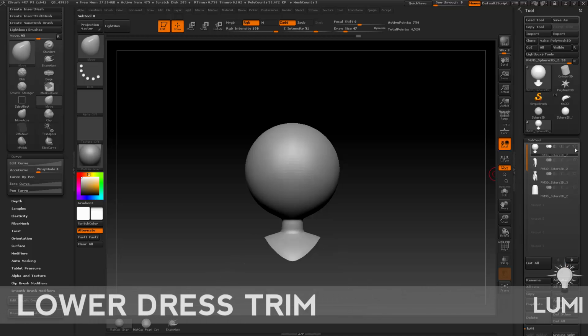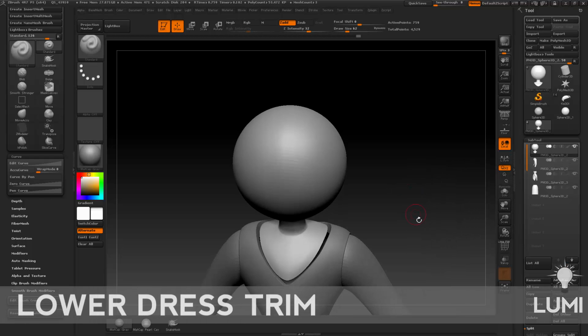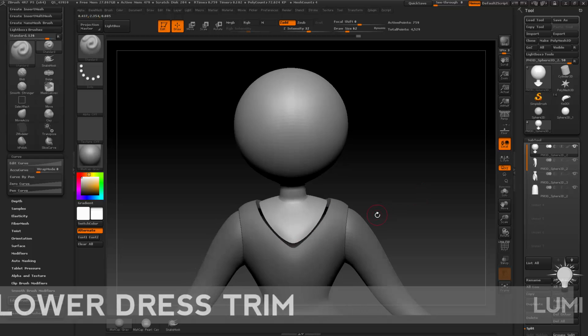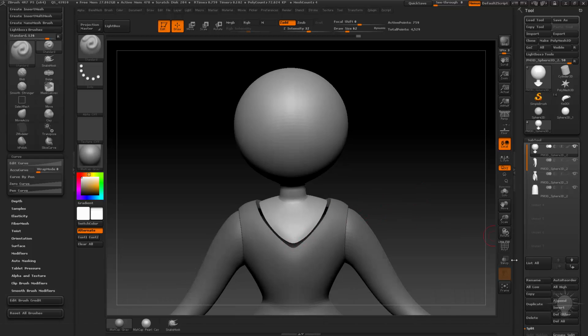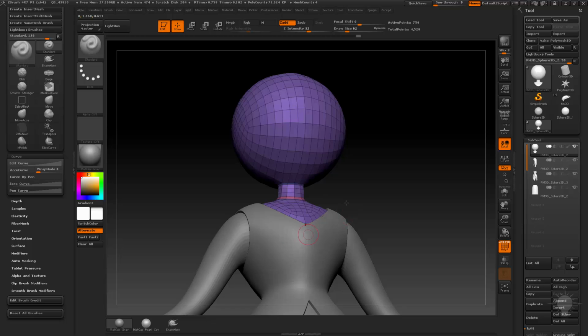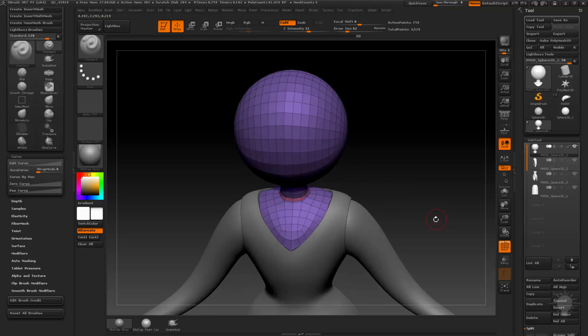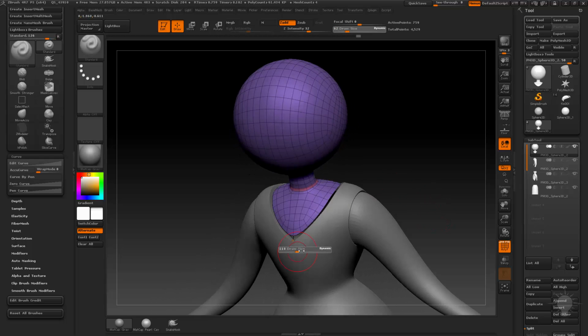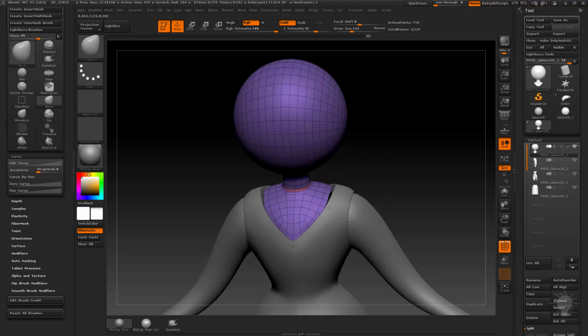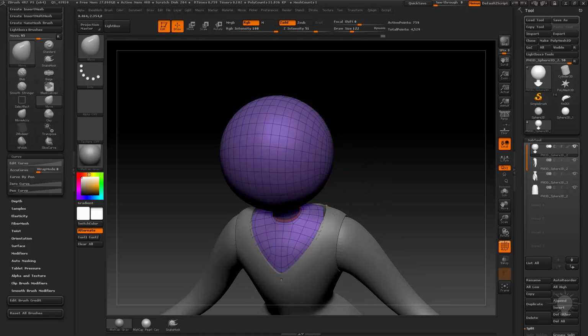Let's bring everything else back. Turn on the eyeball, turn off the eyeball. And this thing down here, I can go in and crease that point right there. If I hit Shift D, I can crease that down there if I want to. But I can also just grab it and pull using my move brush. Just pull these things into place